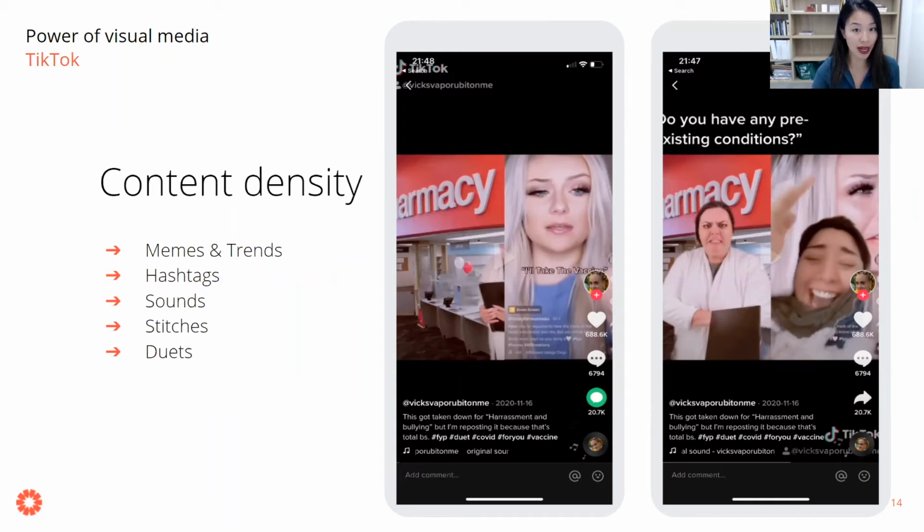You have memes and trends, you have hashtags, and all the things that you normally see on other platforms, but you also have sounds, which are sometimes associated with the visuals and sometimes not, right? You can also stitch together different TikTok videos from various users, so it can all be really confusing. For example, this screenshot on the left shows a video that stitched together a clip of this woman here, who works at a pharmacy, and she was talking about how she's scared that people are not taking the vaccine. And then there's another clip which shows a woman